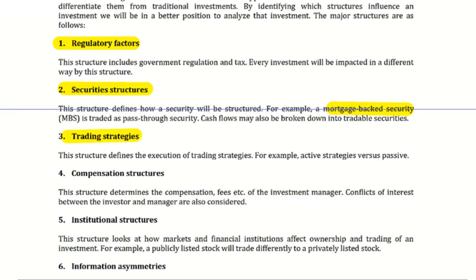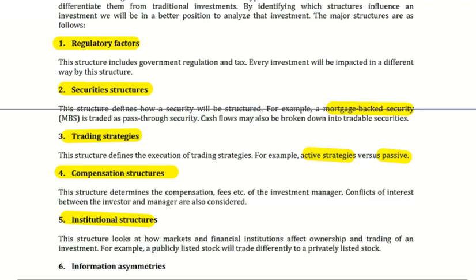Trading strategies. Generally speaking, there's not much room available in the alternative asset space for passive strategies. Most of those are generally quite active, like hedge funds and private equity structures, as opposed to the traditional space where there's a big market now for passive structures and strategies. Compensation structures, we spoke about this a little bit earlier. Generally speaking, compensation structures are quite high for alternative investments. And we'll talk about that again when we get to their particular section.